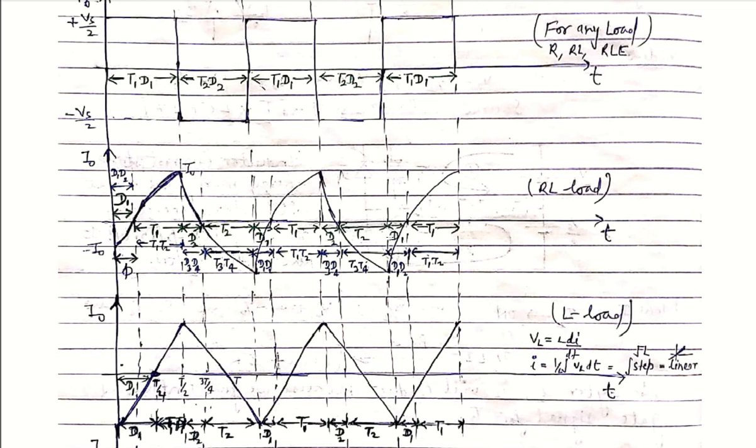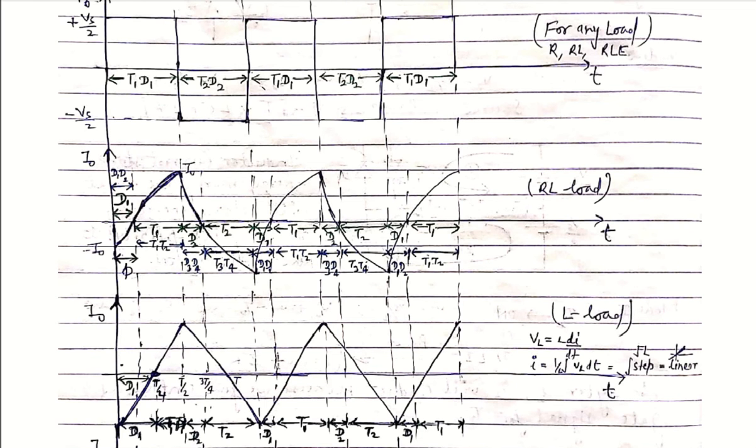Why is the current waveform lagging the voltage waveform by an angle? Because it is an RL load case. We assume that in steady state, the current waveform lags the voltage by an angle phi, which is given by tan inverse of XL by R. And again after this, voltage positive, current positive, so thyristors are conducting. In the half bridge case, only a single thyristor is conducting.